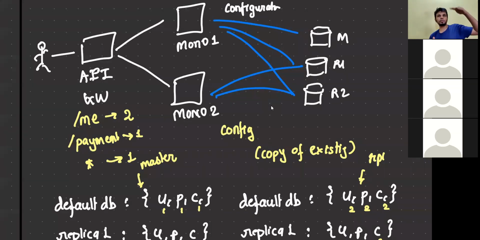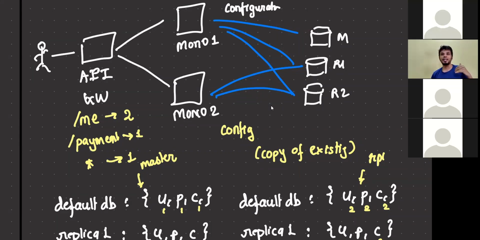So if none of the rules match, forward everything to monolith 1, which means my existing setup would work exactly the same as my legacy setup with no problem whatsoever, right? But now I can add specific conditions, like /me should go to monolith 2. Now when it goes to monolith 2, the same code runs, but the default DB connection that was connecting to master, in this configuration it would connect to replica. So without any code change, we are now in a process of slowly and steadily adding rules. So we would still have to go through the code base, and we would still have to go through which are there. But instead of doing it